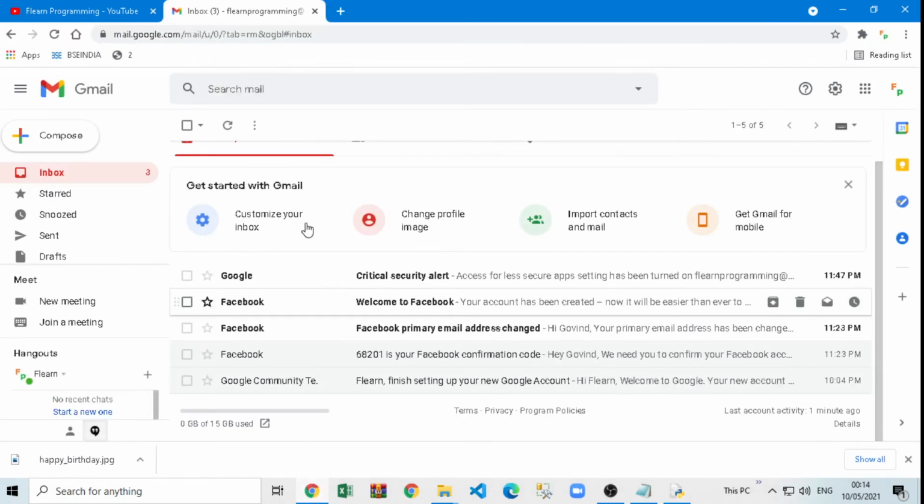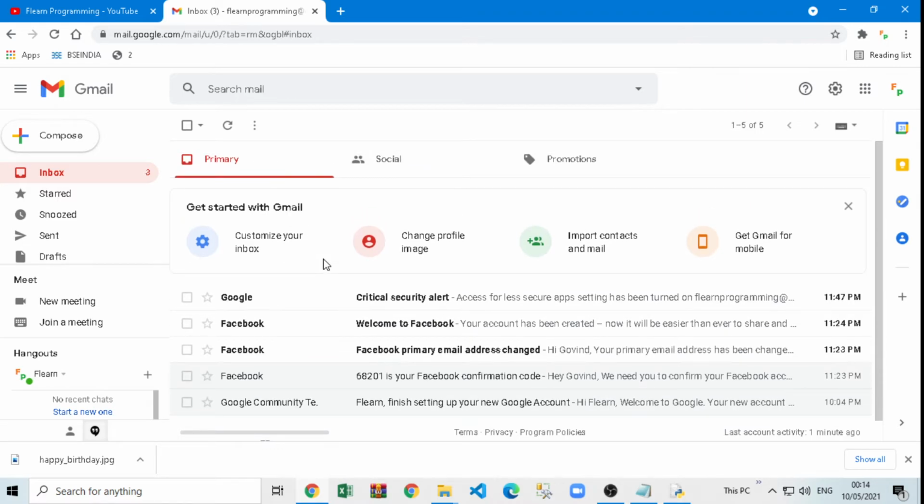So I told you this is the code, but in the starting, if you remember, I told you to just wait and watch the code, and there are a few steps you also have to follow. You cannot just download my files, run them, and send mails. There is one setting you have to change in your Gmail account.